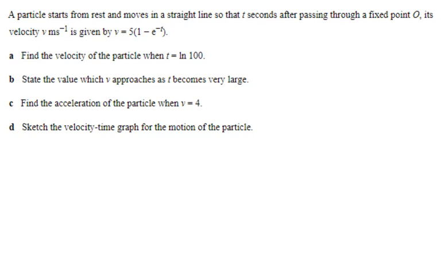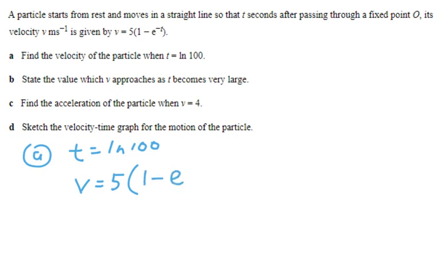For this question, the particle starts from rest and moves in a straight line so that t seconds after passing through a fixed point O, its velocity is given by the equation v = 5(1 - e^(-t)). So the first question asks you to find the velocity of the particle when t equals ln 100. So for part A, when t is equivalent to ln 100, it can be written as 5(1